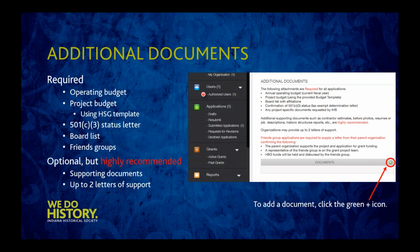If your organization will be applying under a friends group, you will be required to supply a letter from the parent organization confirming that the parent organization supports the project and the application, that there's a member of the friends group on the project team, and grant funding will be held by the friends group. Some of the optional documents include letters of support,